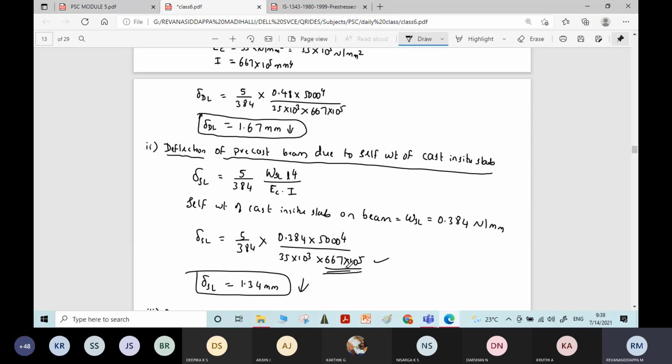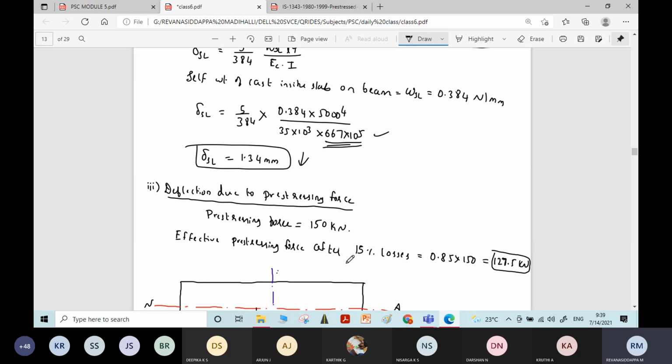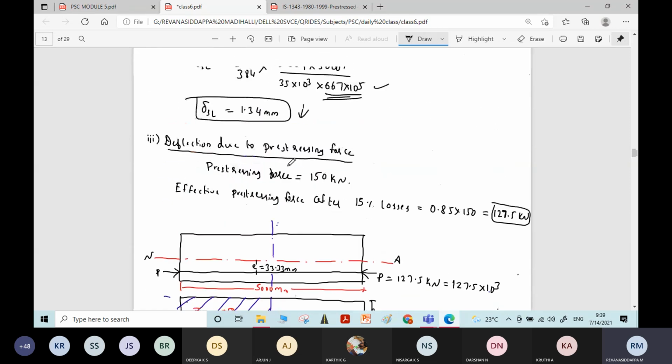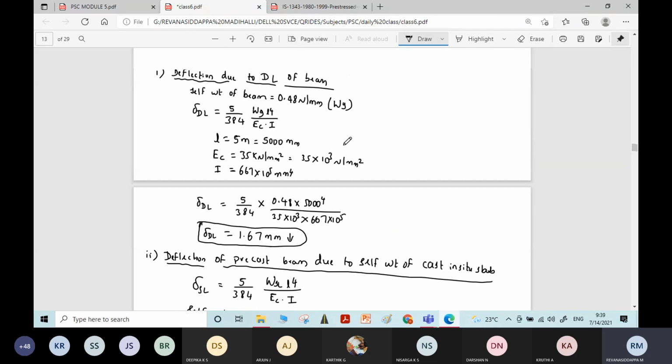In the same way, while finding deflection, we have to follow the same procedure. For propped construction, instead of taking the moment of inertia of only the beam, the moment of inertia of the composite section should be substituted here. Okay, and the rest of the calculations are the same. The rest of the values will be the same only.